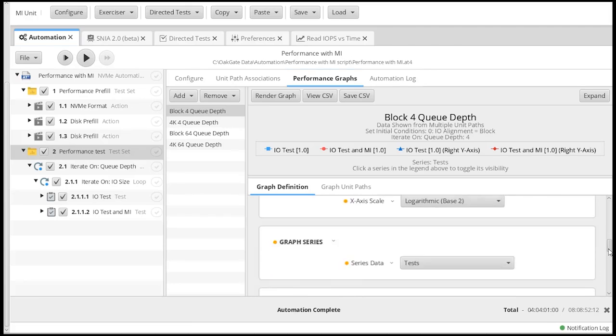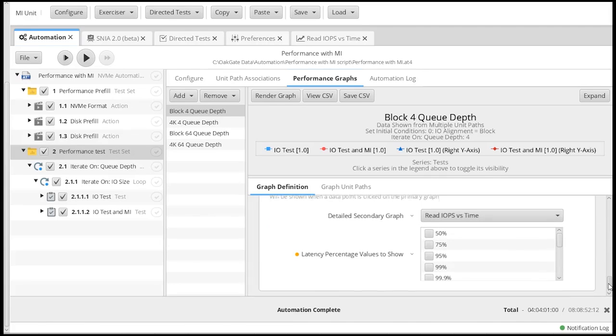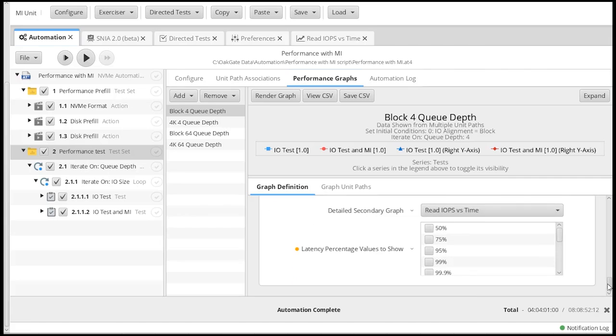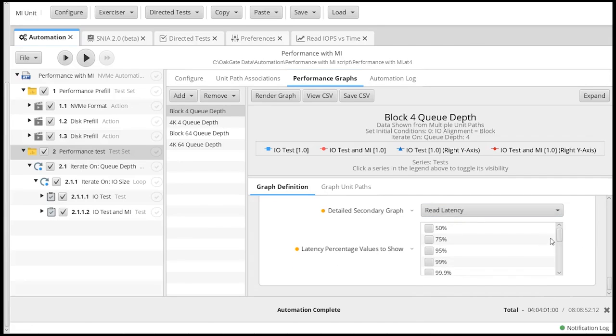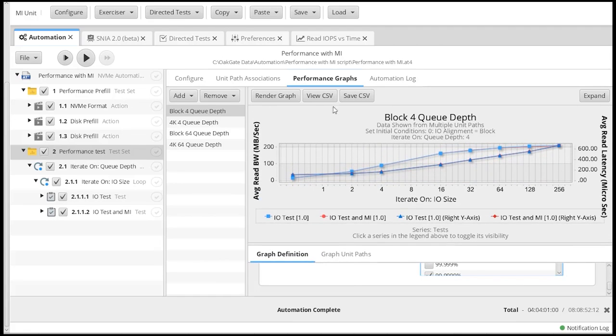Instead of latency versus time on those secondary graphs, I may want IOPS versus time, or I may just want read latency. And maybe I want those read latencies at 5, 6, 7, something along those lines. Then I can come back again, render my graph.